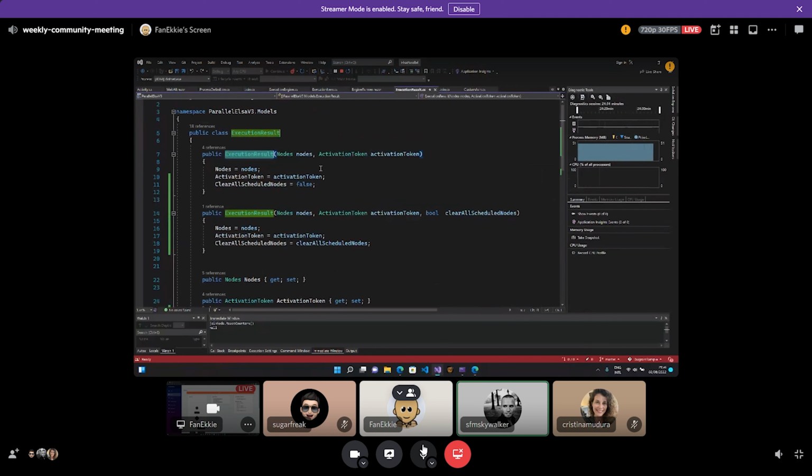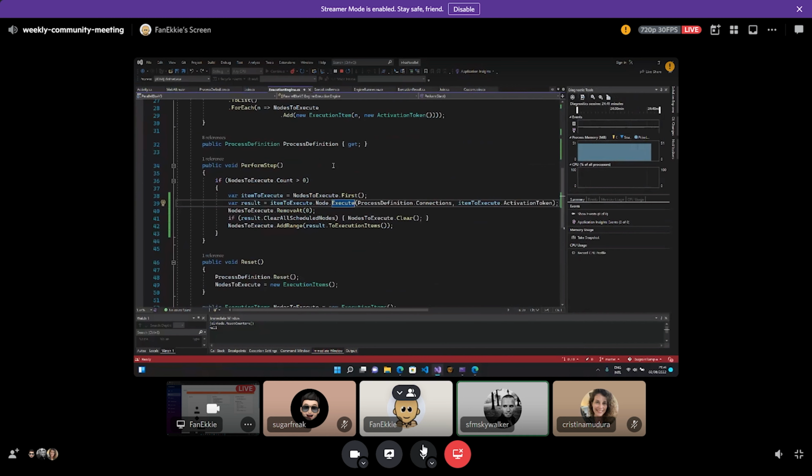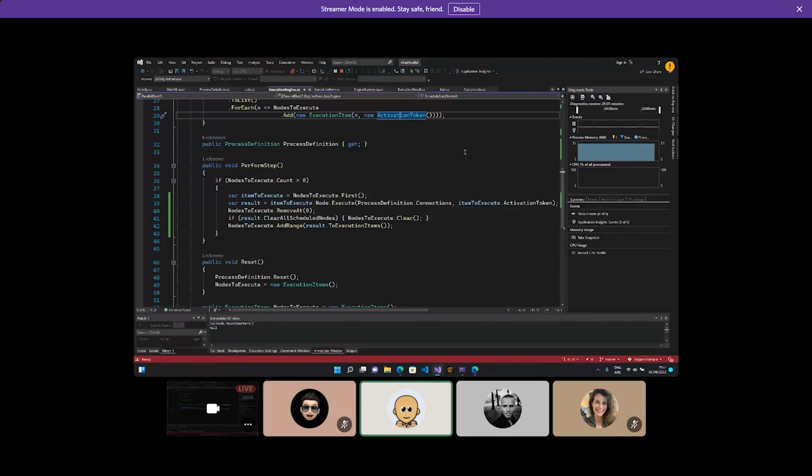Yeah, that would work great. And that engine that you mentioned in Elsa 3 is the flowchart activity, which knows which one to schedule next for execution. Yeah. And I like the activation context where it maintains the previously executed node. This might come in handy.